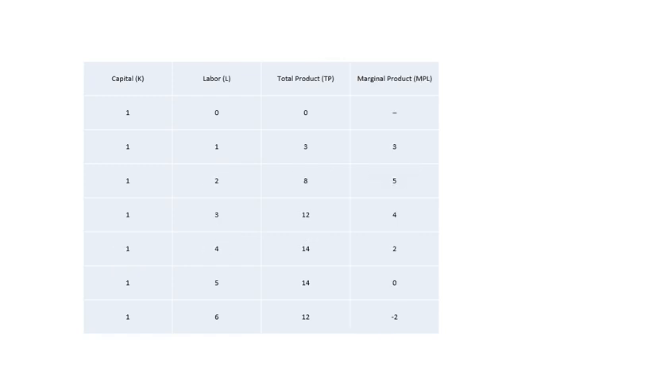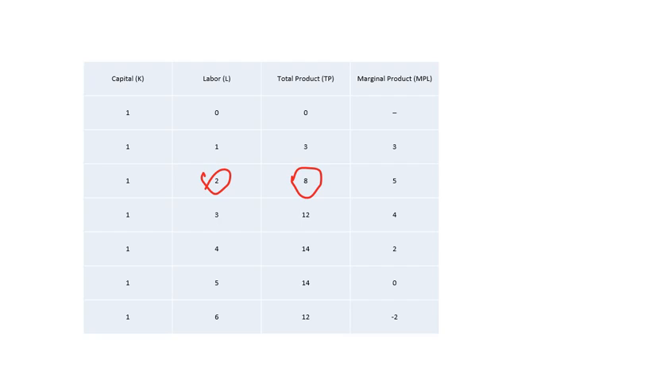So let's start with the MPL, which is, as we said before, how much additional output we get from adding one more worker. For example, here, if you have two workers, we know that this allows the workshop to produce 8 units, which means the total product here is 8 units. But